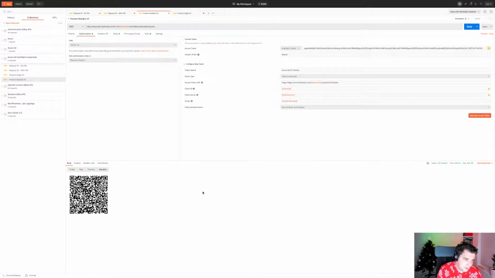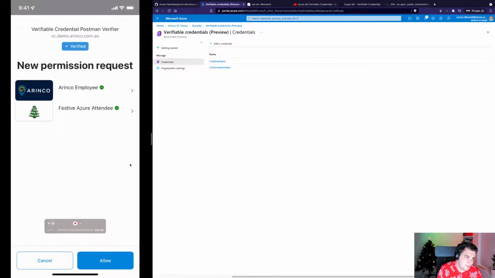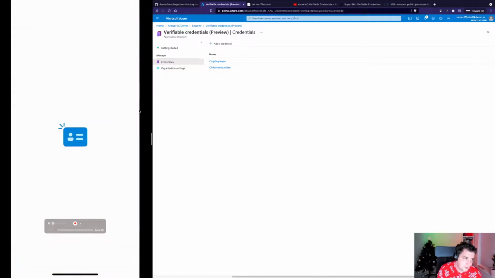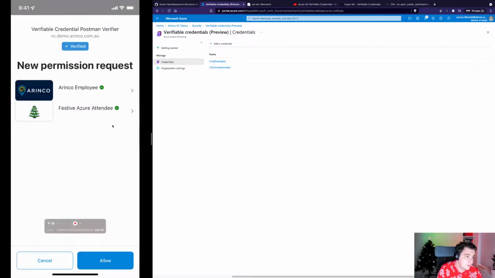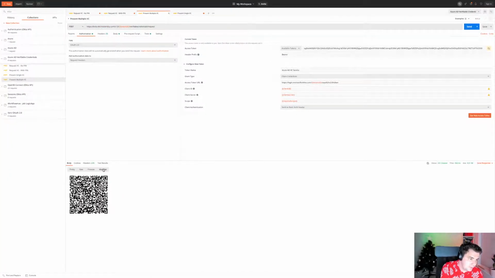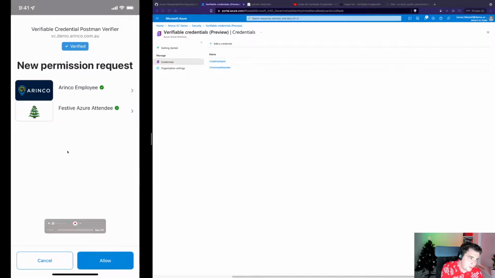I can scan the QR code here and get a double request. So you can see here now I've got a request for my employee card and also my attendee card. And click allow and use both of those in the flow. No, I can't. Always the way with these demos. Works beforehand, doesn't work afterwards. That's fine. But you can see the point, right? You're being prompted for a second VC when you do that request via the API.